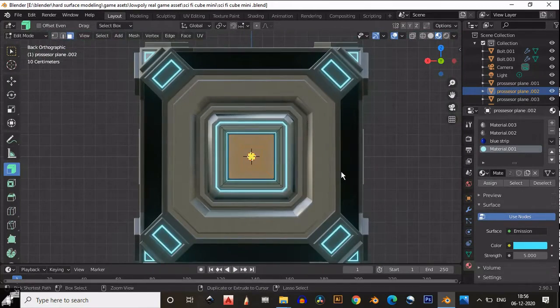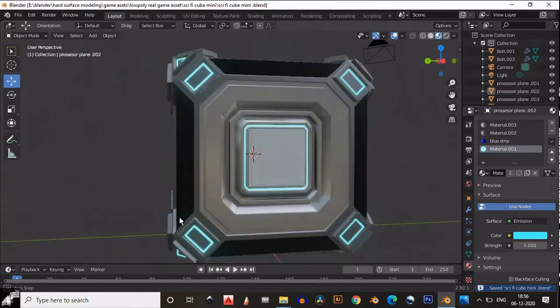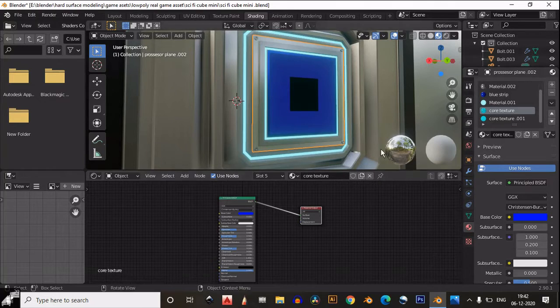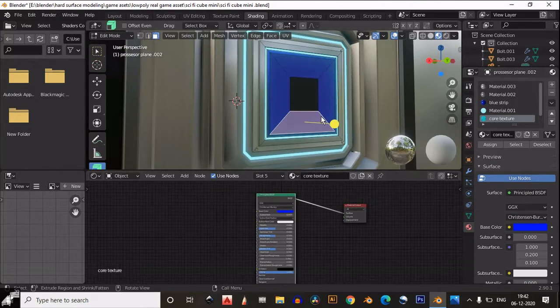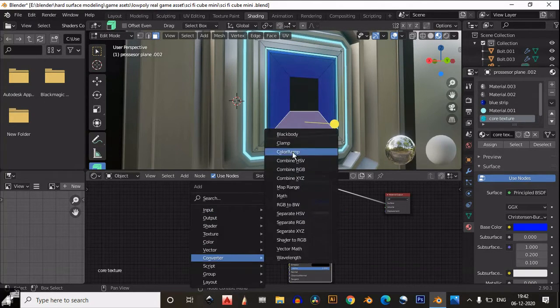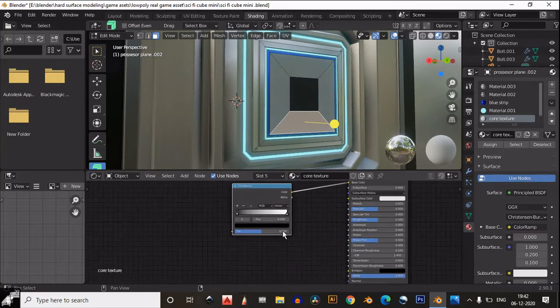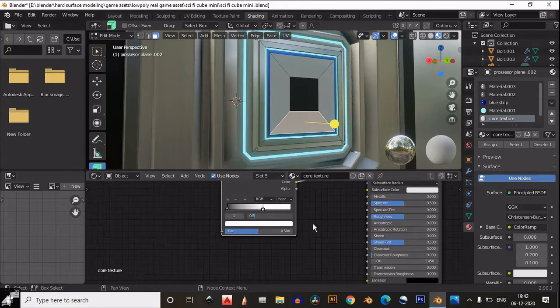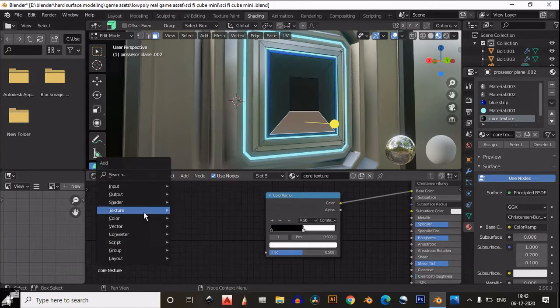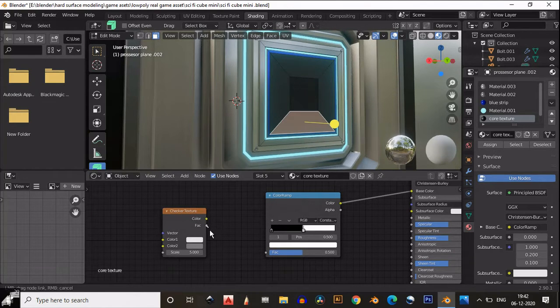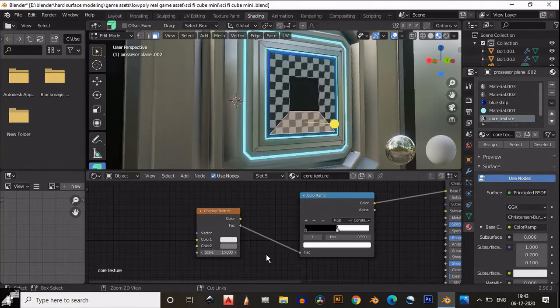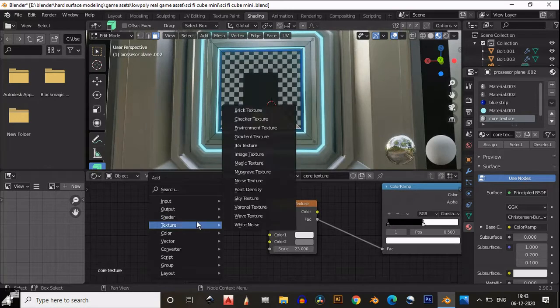Now select the center part of our processor, and I will create another texture which is the core texture. So add a color ramp and make sure it is constant. Then add a checker texture. Then connect the factor to the factor of the color ramp.